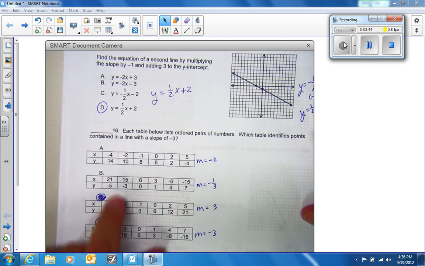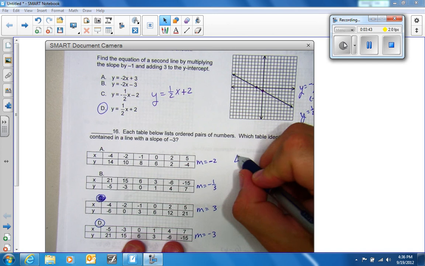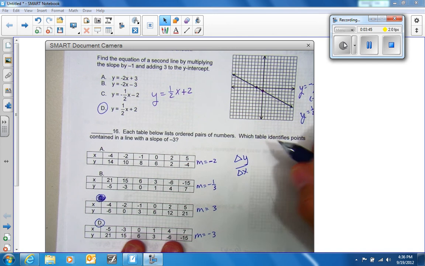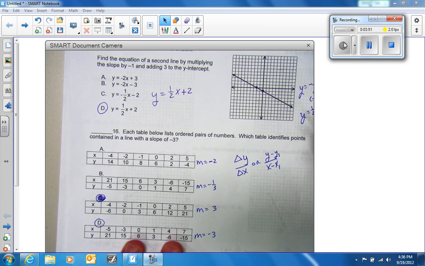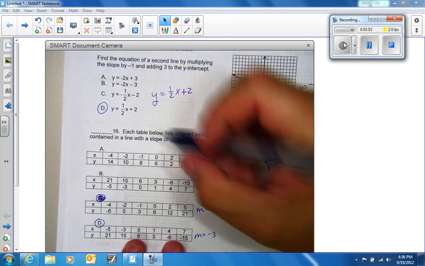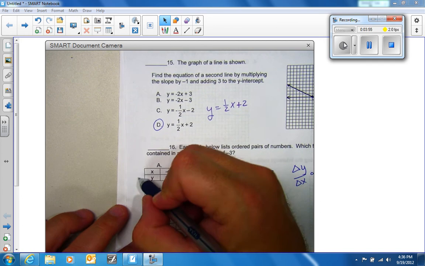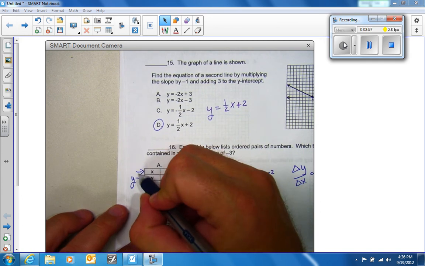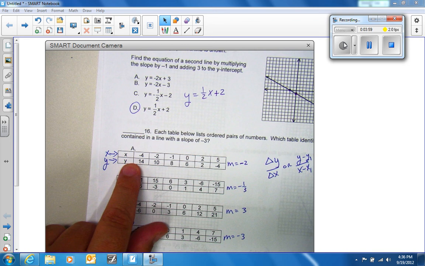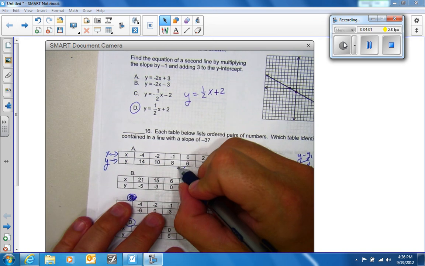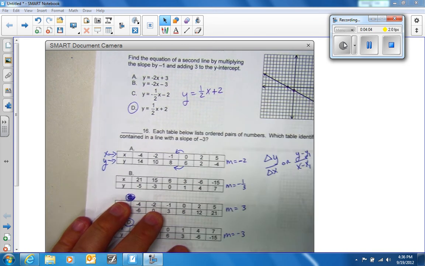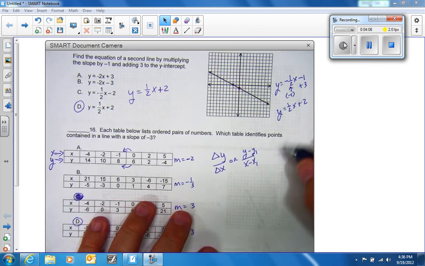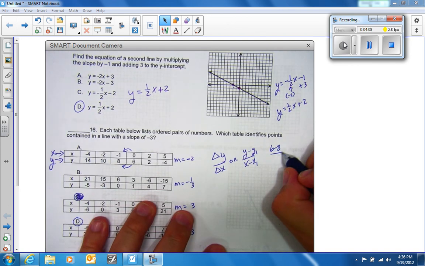Number 16, find the slope. Remember, change in y over change in x, or y minus y1 over x minus x1. And just look, here are your y's, here are your x's. So you're going to do change in y over change in x. So just pick 2 points, and you can do 6 minus 8 over 0 minus